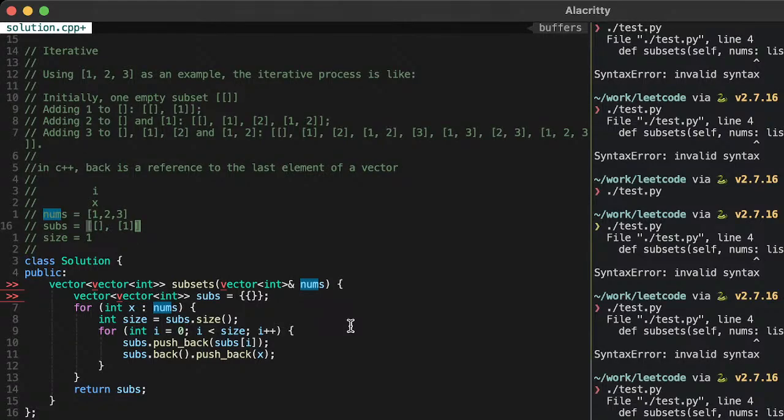This is what we got so far for subs. We need to iterate i. i is going to here. It's now 1. Okay, so this is x. Let's go like this.